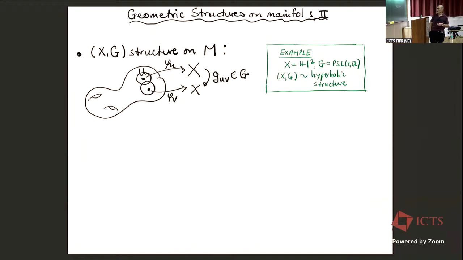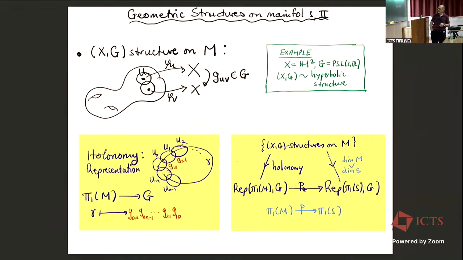And so you can think of hyperbolic structures in this way, where X_G is hyperbolic space. But there are many other examples. One of the interesting features for us of having such a geometry is that whenever you have this sort of structure on a manifold, you get a representation of the fundamental group into the isometry group G, because given any path, any